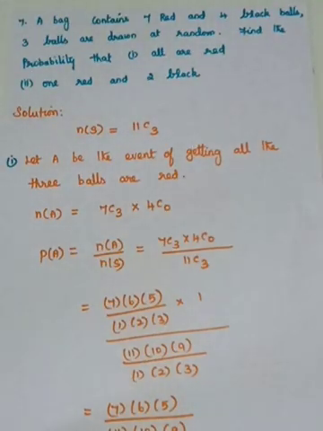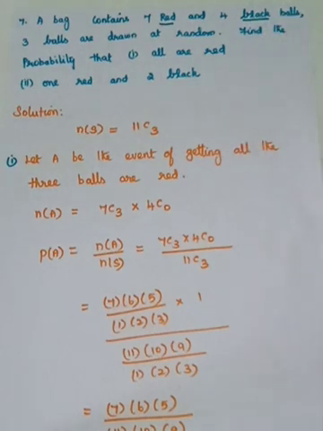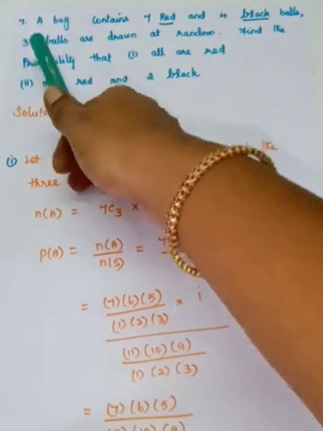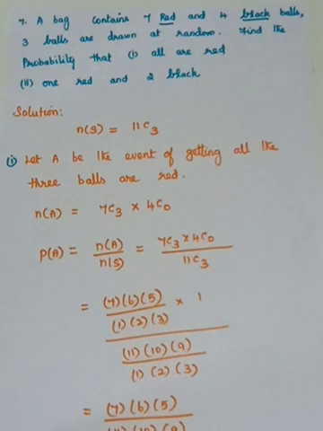Okay, so we'll come to problem number 7. A bag contains 7 red and 4 black balls. 3 balls are drawn at random. Find the probability that all are red, and that 1 is red and 2 are black. Here in probability, if you are choosing a single ball, it is easy for us to calculate directly. But when 3 or 4 balls have to be chosen, it is difficult to keep in your mind